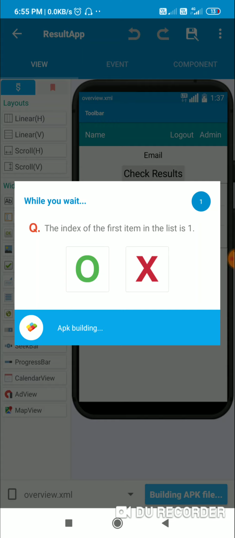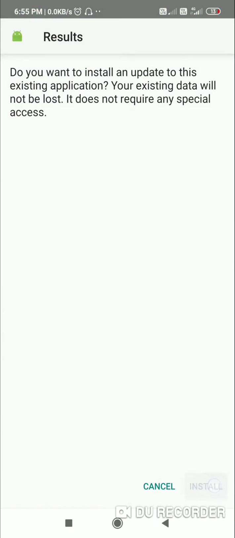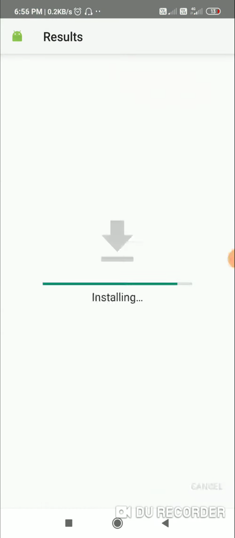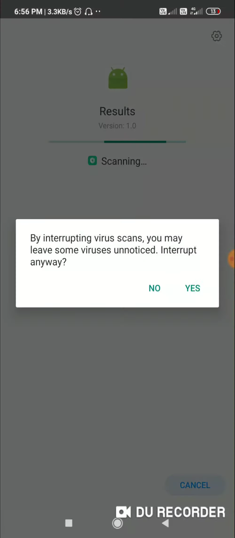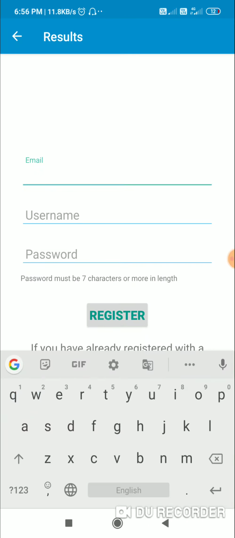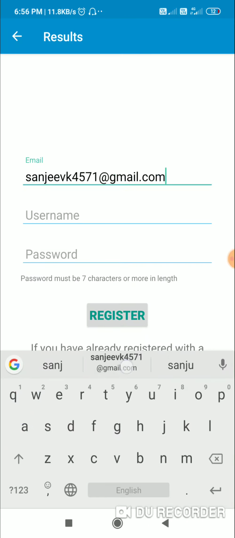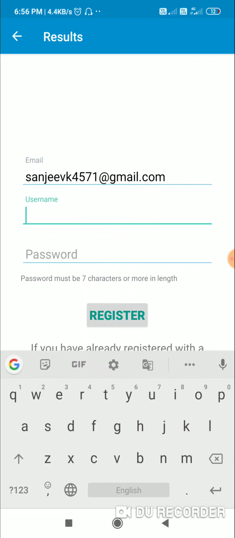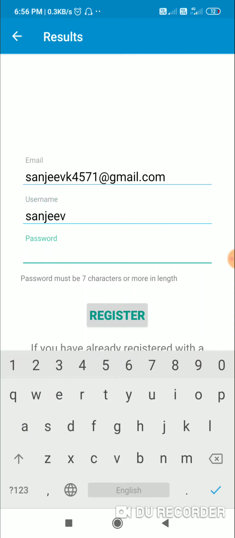This is going to be a long video because this app contains 10 pages. I have already shown you 3 pages. There are a few more pages. Okay, so here in this app I will enter my email, then my username, and I will enter a password.